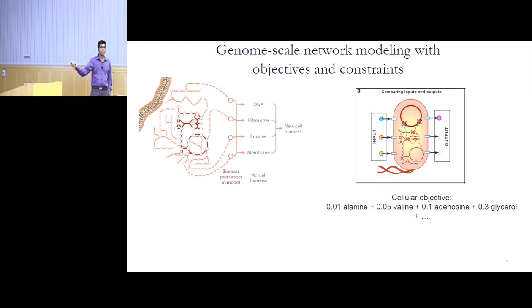Just like in Google Maps, you have time and distance constraints. Similarly, in a metabolic map, you can use constraints like finding the most optimal route that is most thermodynamically efficient. Or you can ask another constraint, which is let's achieve this objective with the least number of enzymatic steps possible. Depending on these constraints, the algorithm can figure out the most optimal route from input nutrients to the output and figure out what reactions are most likely to be active in a system.